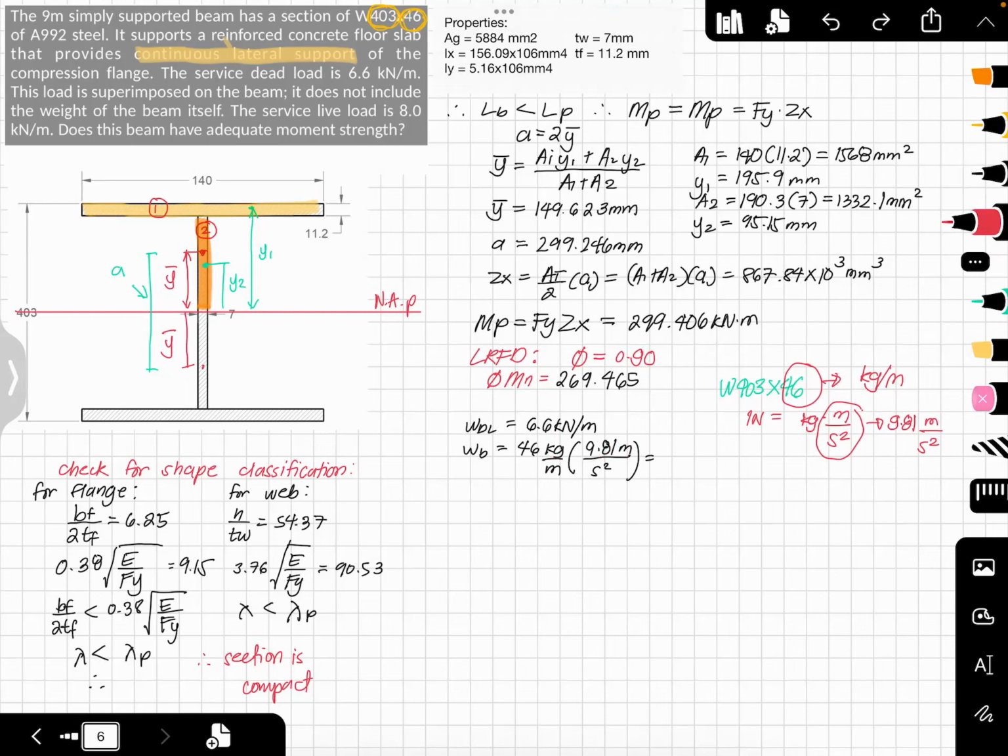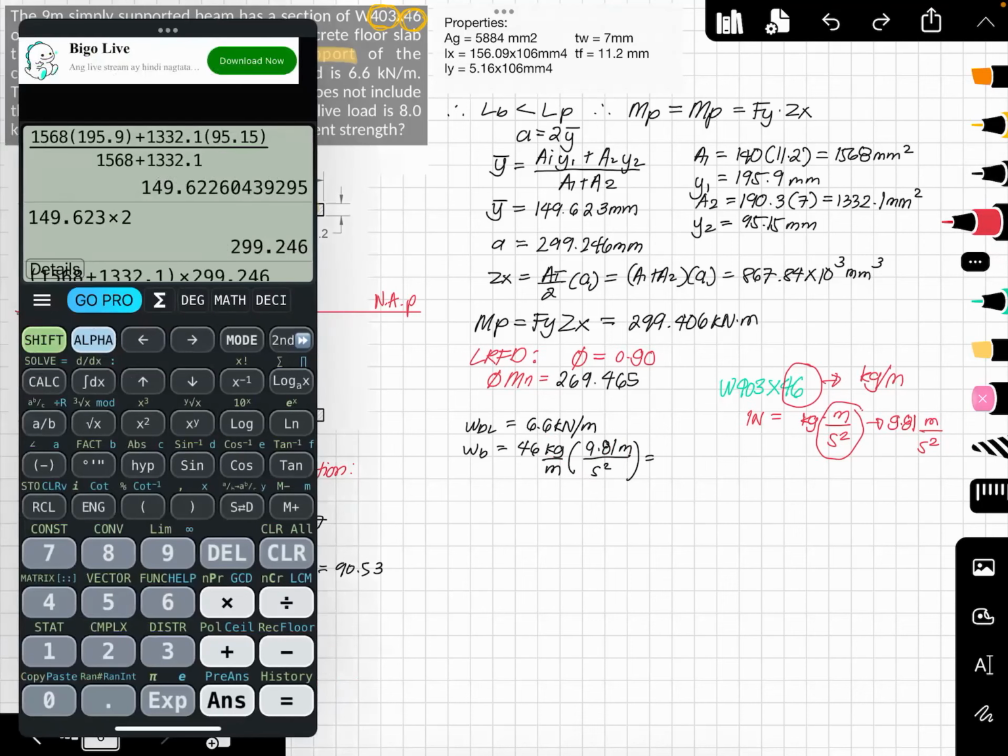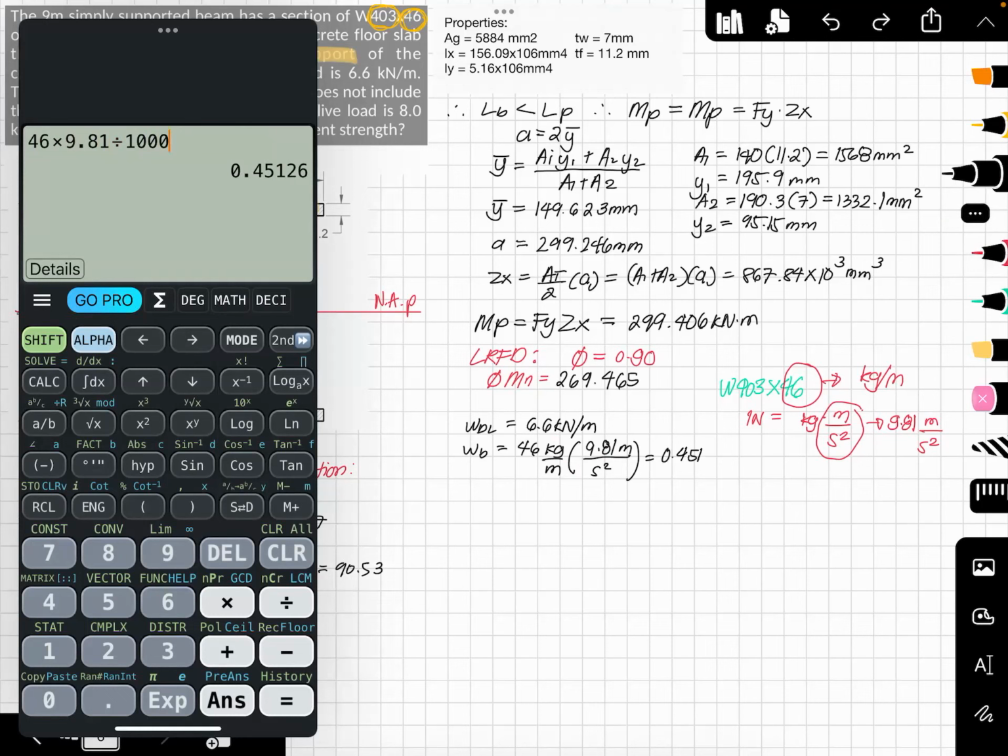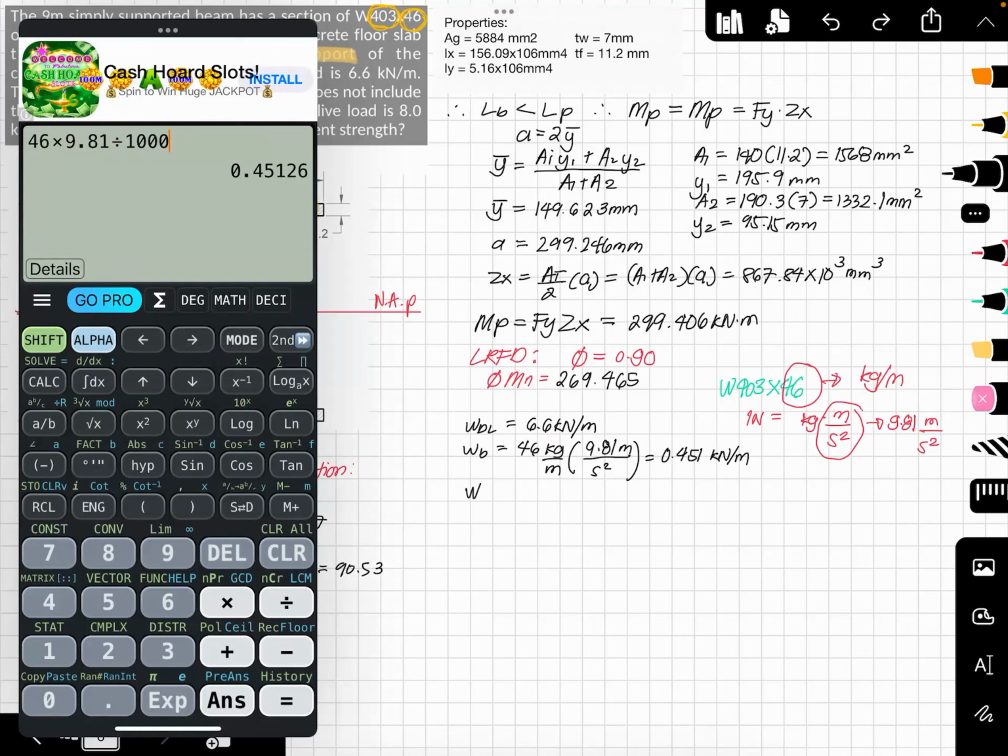Since we want kilonewton per meter, we divide by 1,000. So that is 46 times 9.81, which is in Newton per meter, and to make this kilonewton per meter, we divide by 1,000. So we have 0.45 kilonewton per meter, or 0.451. So the total dead load is equal to 6.6